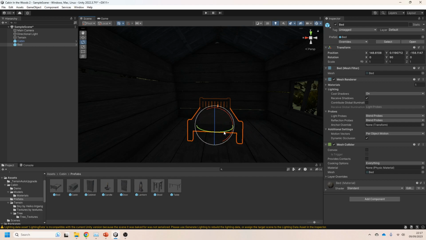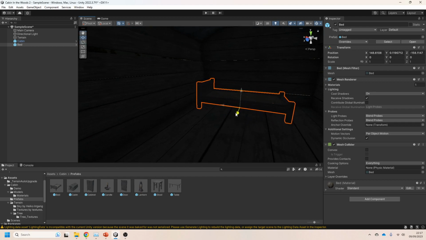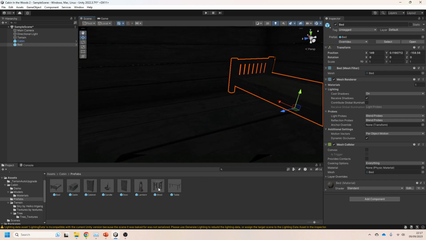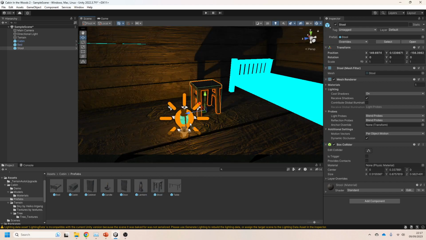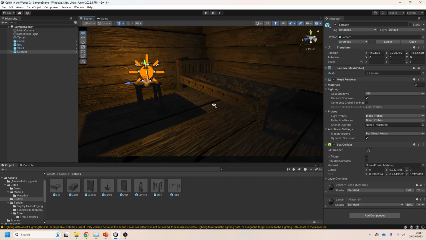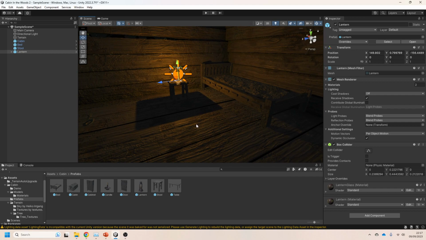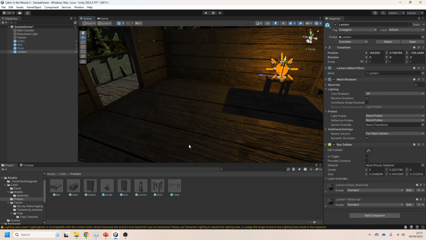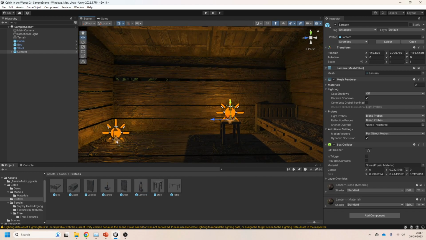Notice I did a rotation there. I held down Control on my keyboard while I rotated. That snaps it to 15-degree increments, which really helps line things up. But think about how you could tell a story using these props. We could have a little stool by the side of it with a lantern on it. And you'll notice the lantern comes with a light, which obviously gives that wonderful yellow glow. It could be that you wanted a candle with that beautiful little light on it as well. Maybe the lantern is dangling from the ceiling